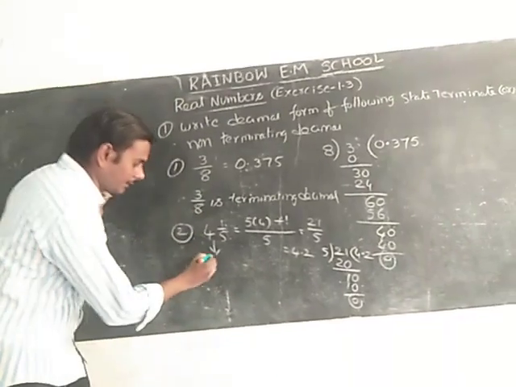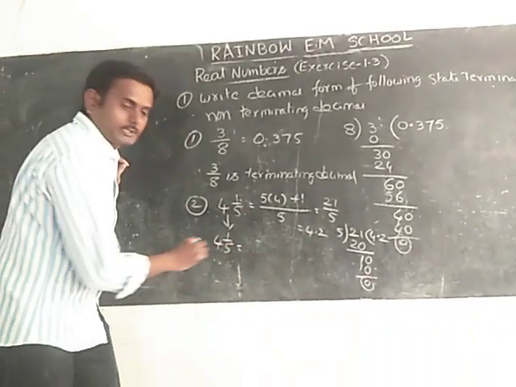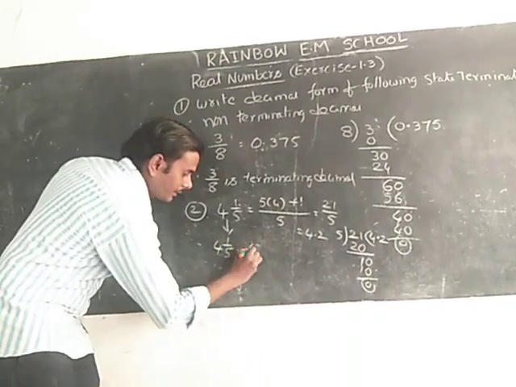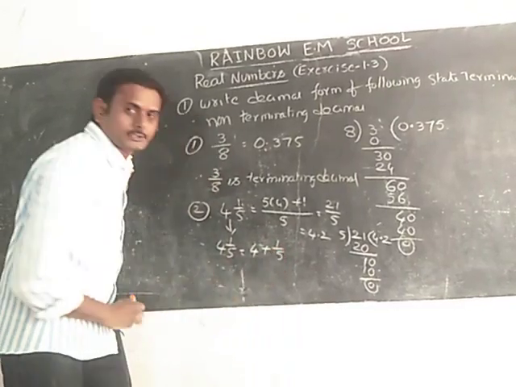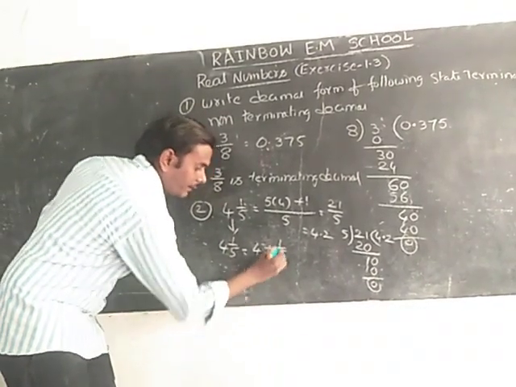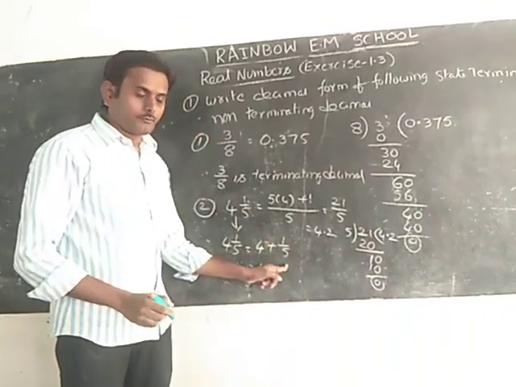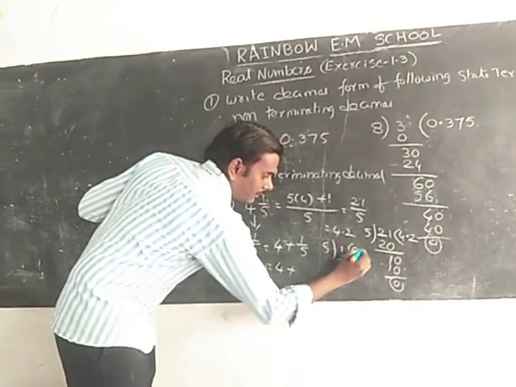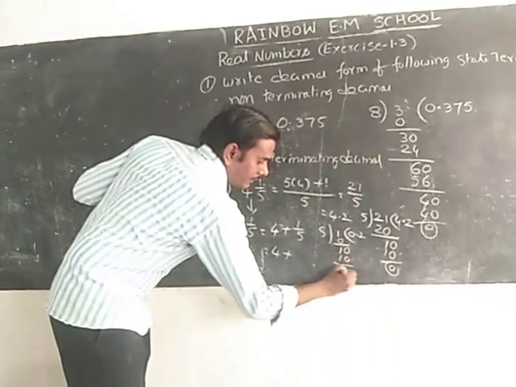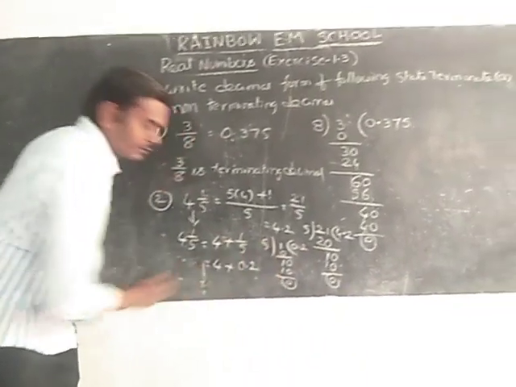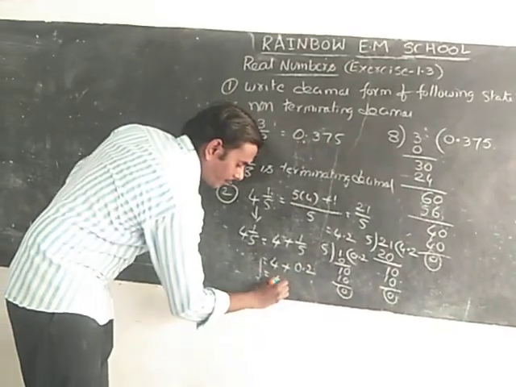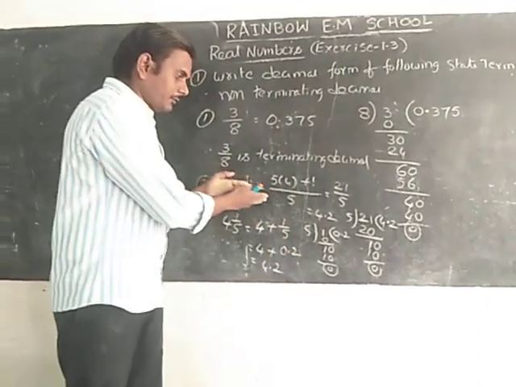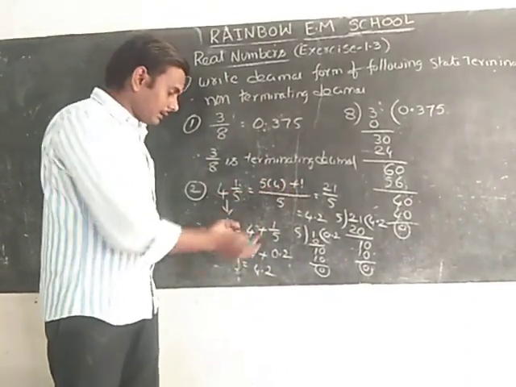We can do another method also. How? 4 1 by 5 we can write in addition form, as we learned in 7th class. 4 plus 1 by 5. That means 1 divided by 5. 5 into 1 point here, 0. 5 2s are 10, remainder 0. That means 0.2. So 4 plus 0.2 is 4.2. Like this also we can do it. Both are the same only. In one we convert into the improper fraction and later calculate it; here we calculate directly.